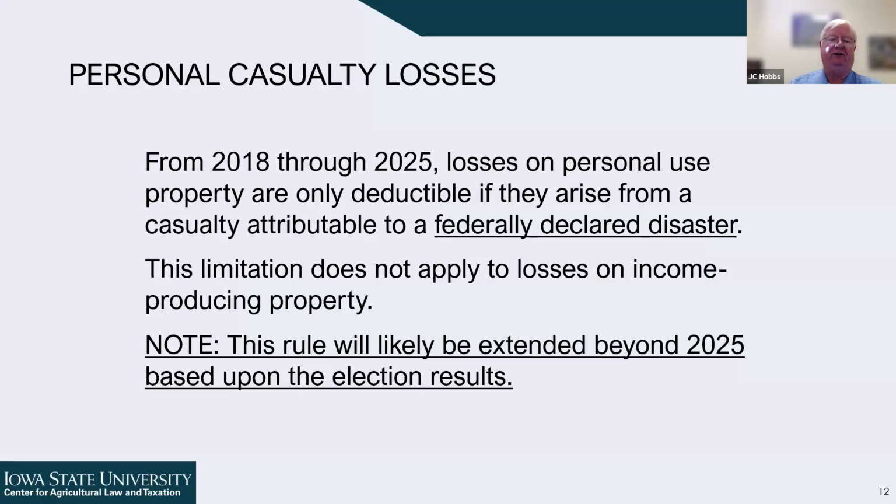Now, personal casualty losses. So when we passed the Tax Cuts and Jobs Act in 2017, the rules became applicable in 2018, and they go through 2025. So losses of personal use items, these are non-business items. These are items that are strictly for your pleasure and benefit, your personal vehicle, items in your home, things like this. Losses to those items are only deductible if they arise from a casualty attributable to a federally declared disaster. These hurricanes resulted in a federally declared disaster. Therefore, you're going to be able to deduct those losses